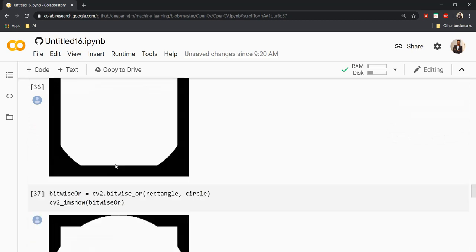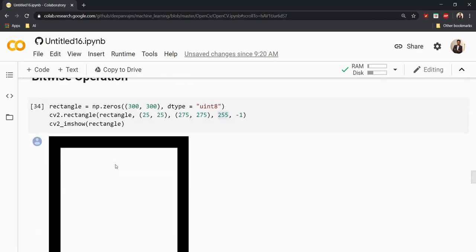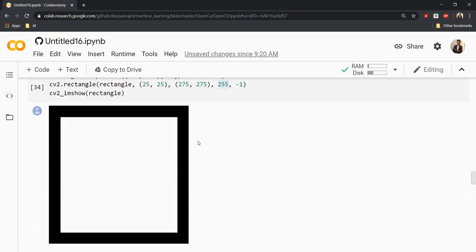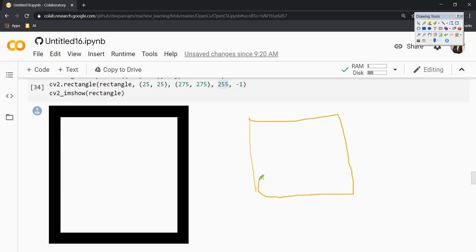So where can I use these kinds of logical operations? Mainly if I want to mask some particular region of an image, this kind of bitwise operation can be very useful. For example, I have an image that has a face, a body and some other elements inside it.